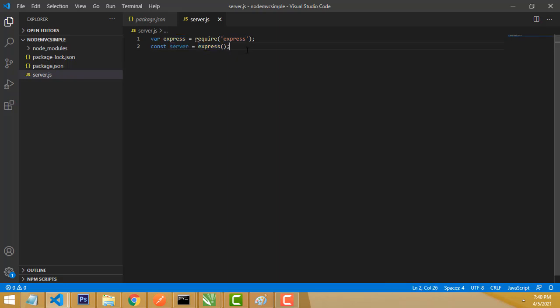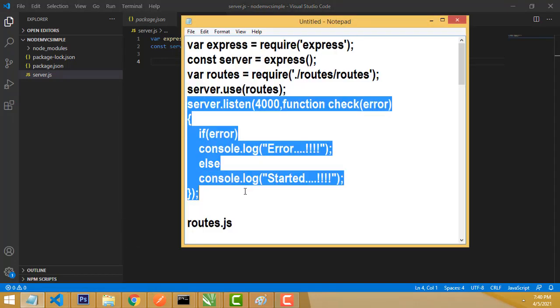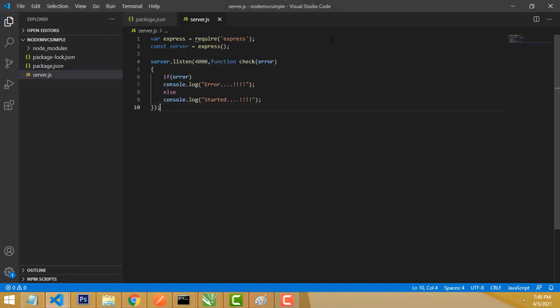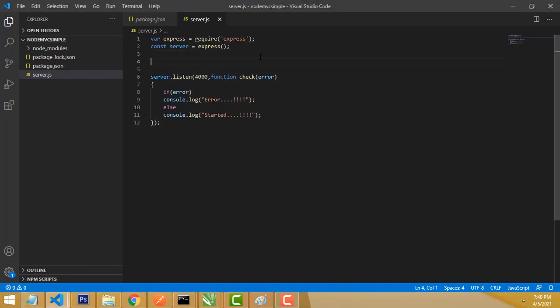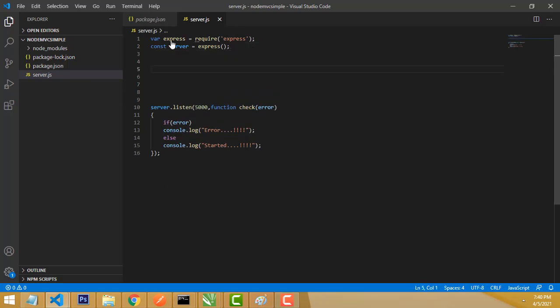After that, we have to run the port. Which port you want to give the server? All this you learned in my previous video, how to create the port and everything. I will explain step by step. I have changed this port to 5000. This is the port we have to return. Very simple. Okay, now after that, this is the server.